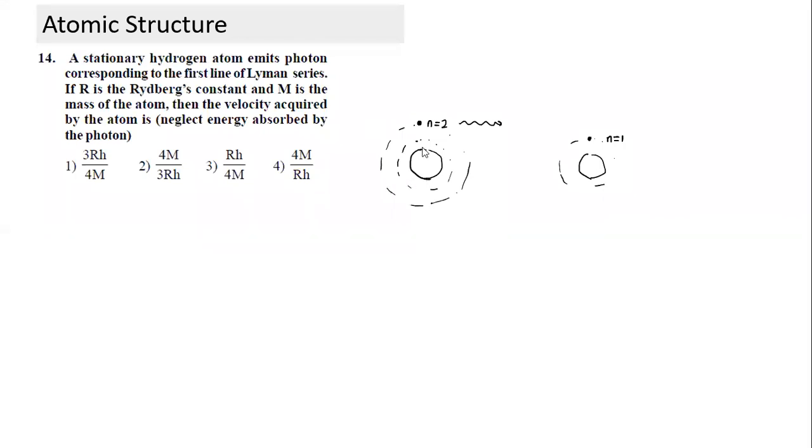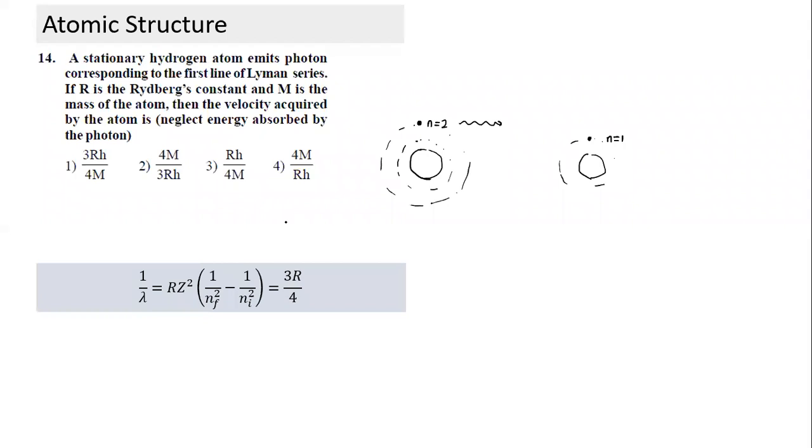So what has to happen? We are going to use conservation of momentum. When a photon gets emitted, the photon will have some momentum, and so the momentum of the rest of the atom has to be equal and opposite. So this is conservation of momentum. Photon also has a momentum. Very good, Nishita. That's the principle we need to use.